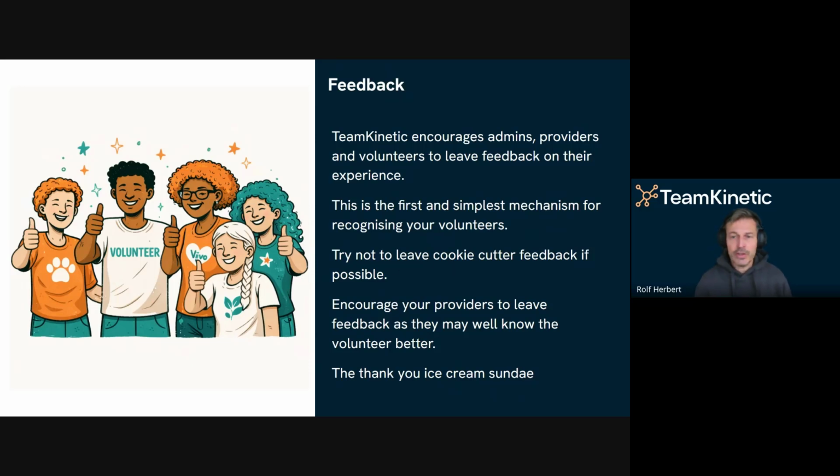Depending on your structure, there will be some providers in this room as well. The providers may know your volunteers better than you do. You may be in a volunteer center or something like that where you're not as connected to the volunteers. So it's important that you encourage your providers to leave that feedback, and you pass on some of these things